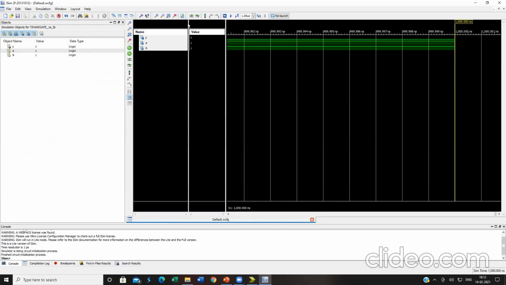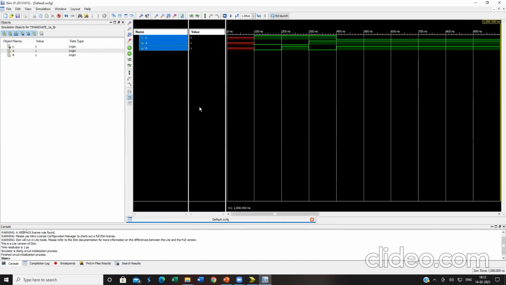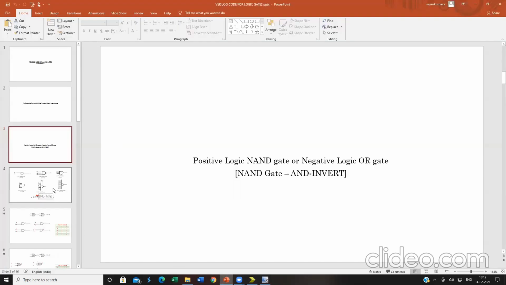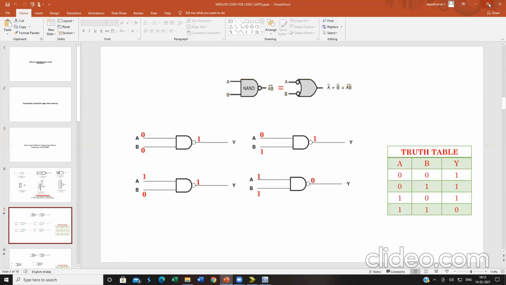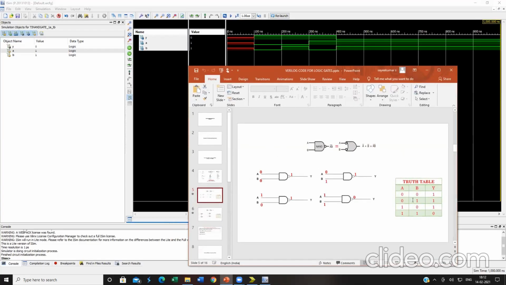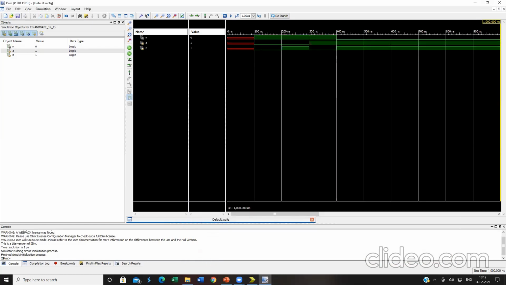That's all. So for each small step, nanoseconds are shown. Kindly click on this, zoom to full view. That's all. Now let's go with the positive logic version over here. See over here, for 0, 0, the output is equivalent to 1.